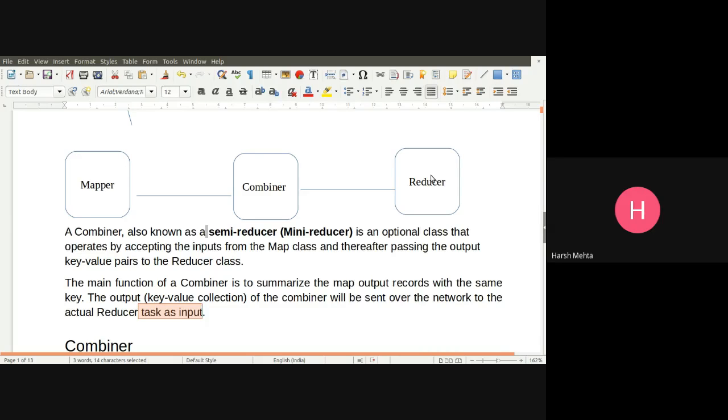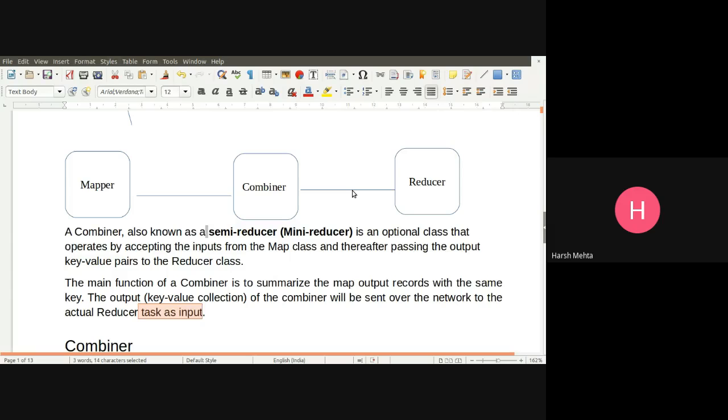We have gigabytes of data, it goes to the mapper and is processed, and we may generate an equivalent amount of data. What happens next? It will occupy our network bandwidth badly.